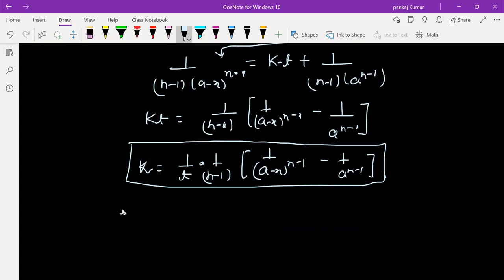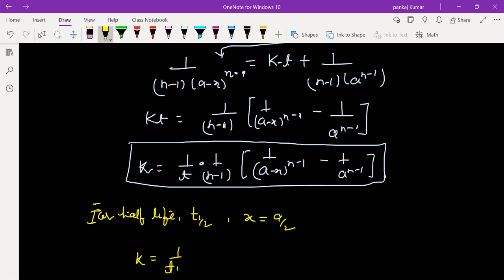For half life, t 1 by 2, we can take x equal to a by 2. Okay. So we can get here k t becomes 1 by 2 into n minus 1. And this will be